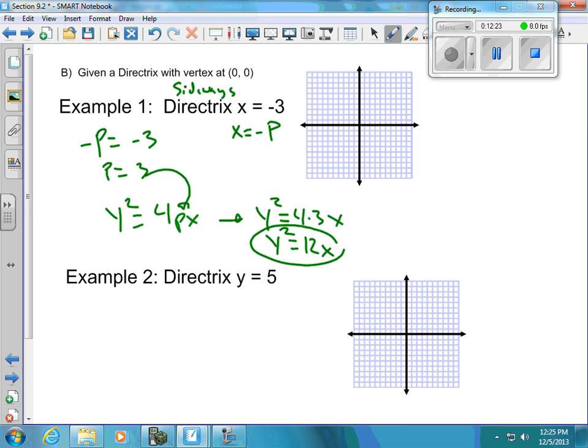Down here, the directrix is y equals, which means it's a vertical parabola, and that's going to change everything, right? It's going to be x squared equals